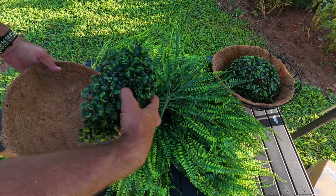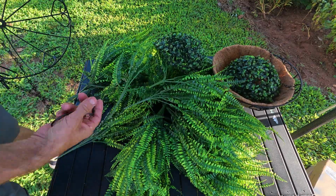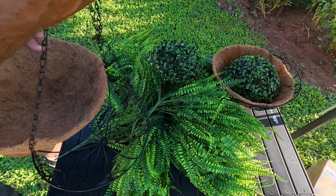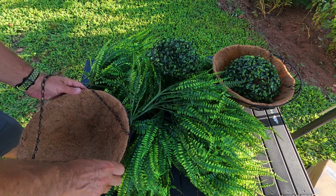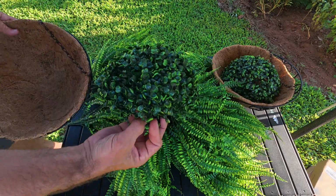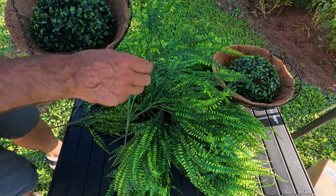So you get the actual baskets right here, the hang baskets. They come with a hook. They've got a chain and a hook, and then it goes down in there like that. That kind of looks like dirt. Then you get this little plastic crown thing that goes in the center, and you're gonna get each one of